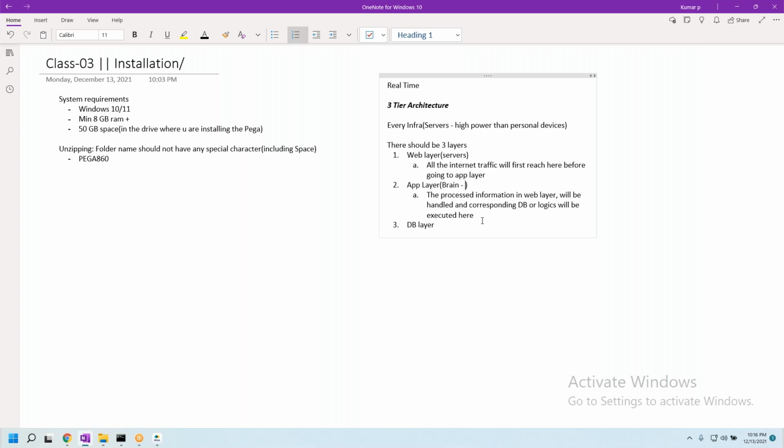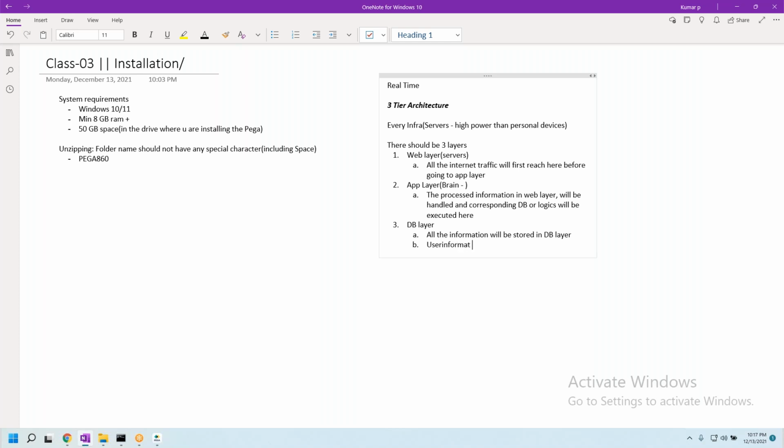And in the DB layer, all the information will be stored. When I say all the information, it means user information.